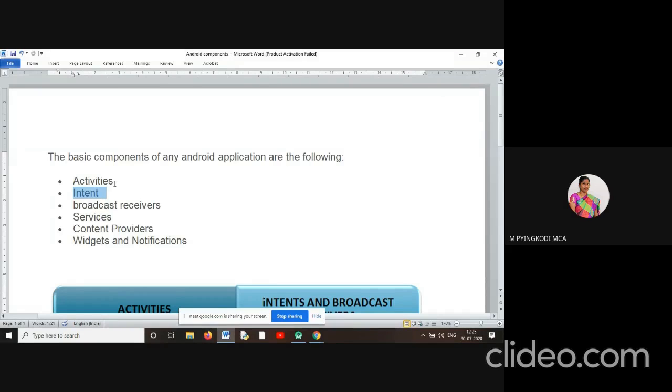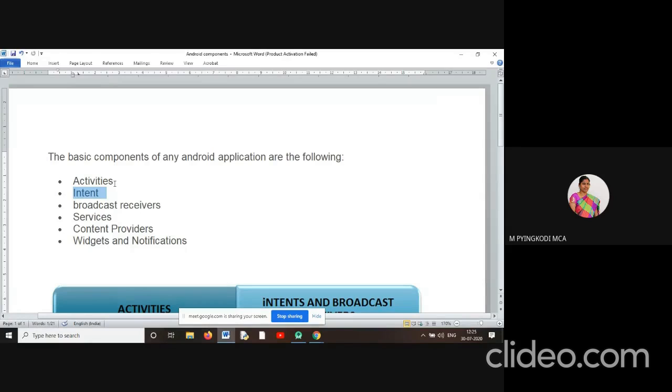This notification can be done with the help of broadcast receiver. So in general, broadcast means what? A single piece of information can be passed to n number of users, right? While studying computer networks, you have learned what broadcast is, right?